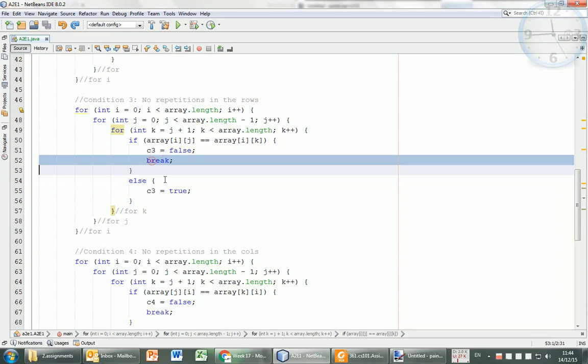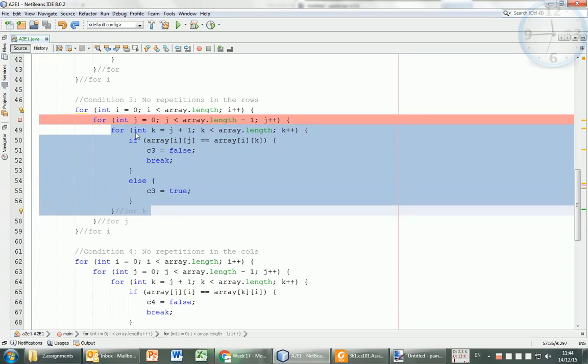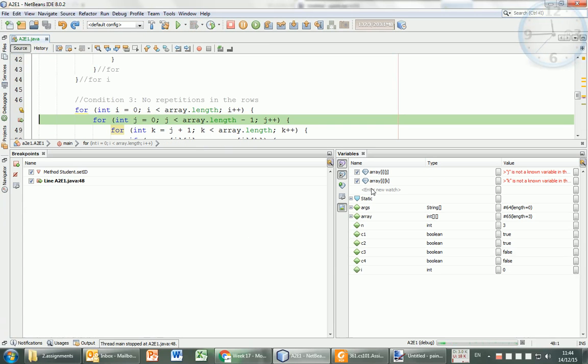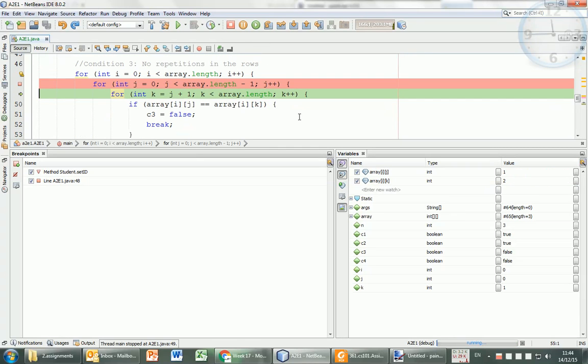The problem is actually with this break. When we hit the break, we get out only from this inner for. I mean, the break is not enough. To make it break from all loops, I need to do something extra. If you look there, let me just click on F8. So what we did now, look,